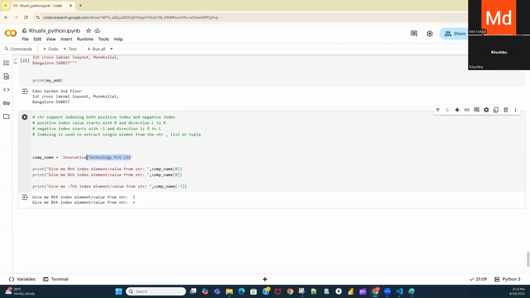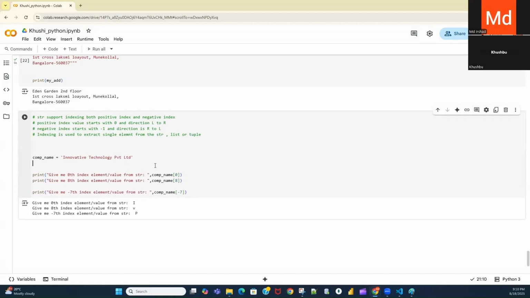It will start from here. This is minus 1, minus 2, minus 3, then this space is minus 4, then this t is minus 5, minus 6, minus 7. So at minus 7, P is available. If I execute, it will give me P.